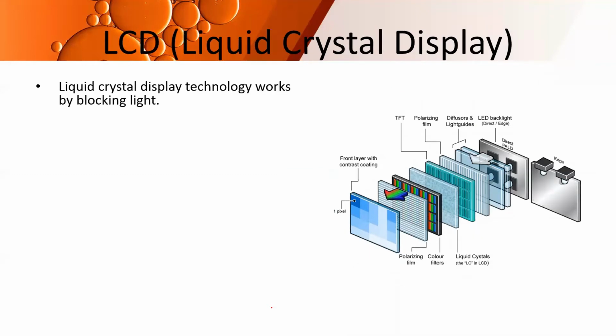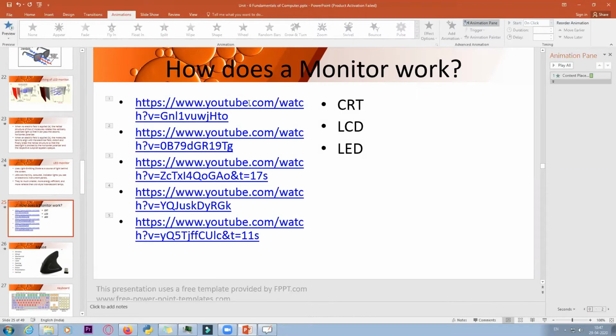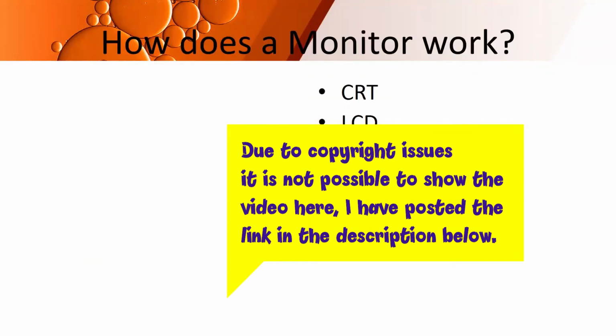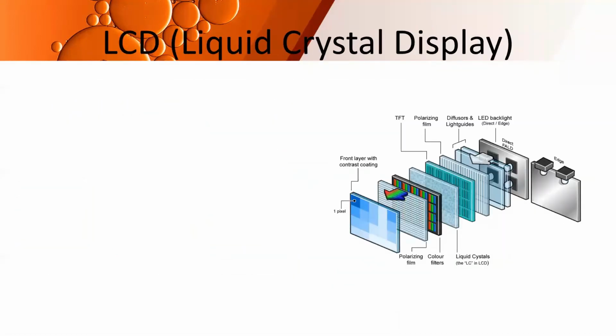Now I will show you a small animation of CRT with which it would be clear to you how CRT monitors work. For every subpixel, your CRT monitor contains electron guns which are of three different colors. One is for red, one is for green, and one is for blue components. Each of these electron guns hits the subpixels in an appropriate way so as to create the image on the screen. Any questions for CRT monitor, please ask.